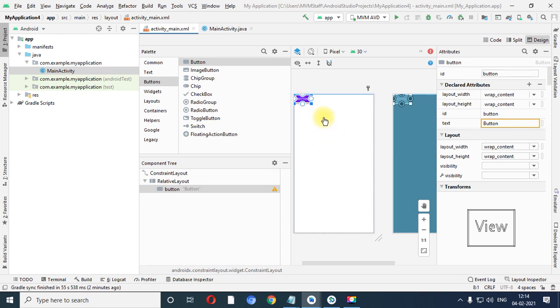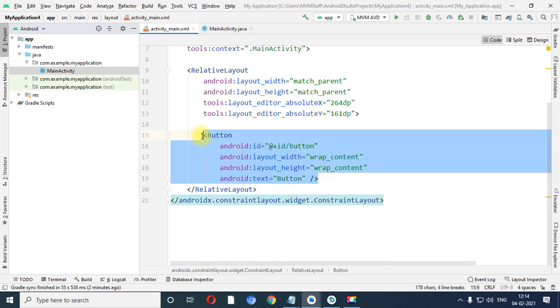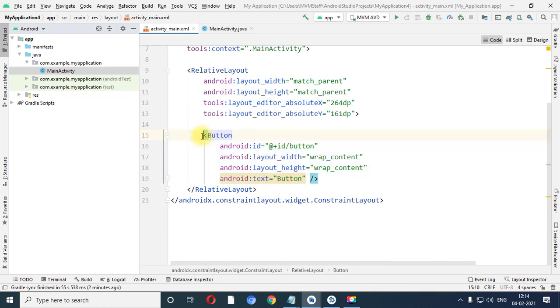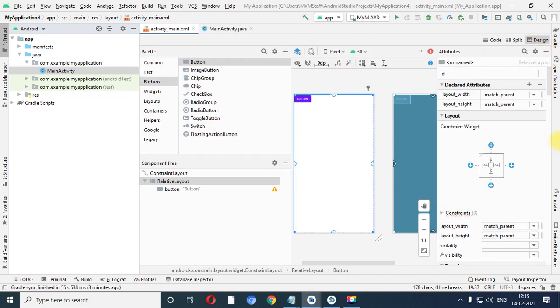So for that you can either change the property from the attributes, or you can switch into the coding window and make changes from the button XML, right? So instead of applying the button tag over here, I will choose from the designing window.